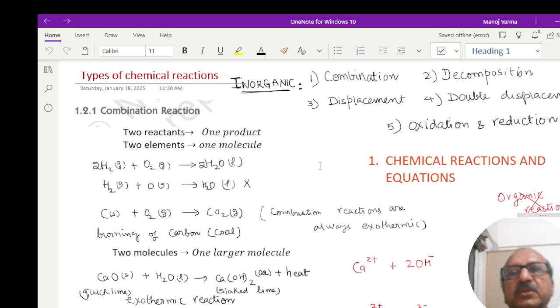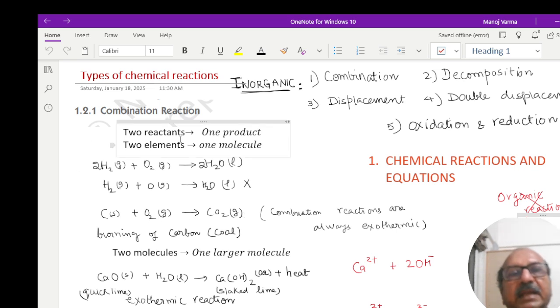Sorry, I forgot to introduce myself. My name is Manoj Varma. I live in Mumbai and I have 30 years of teaching experience in chemistry. I've taught national as well as international boards, and I want to share my knowledge with you. Thanks a lot. So now, even this is an example of combination where carbon combines with oxygen to form carbon